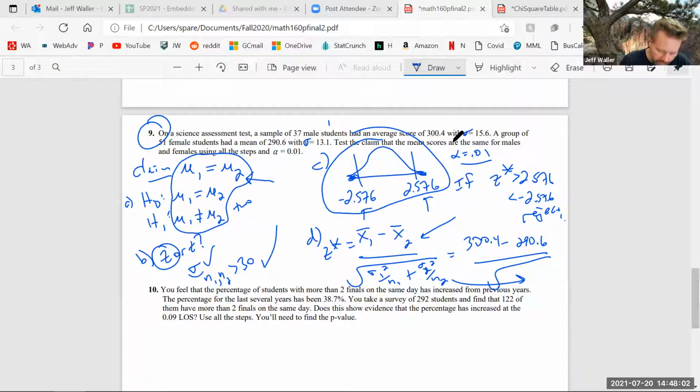Again, this will be a bonus on the final. It comes from extra credit homework. It's up to you if you want to try it out, but if you're semi-comfortable with hypothesis tests, this actually is not that different from a standard hypothesis test, right? I mean, the formula looks huge, but really everything's just been doubled. There's two of everything because we have two samples. We have two populations.